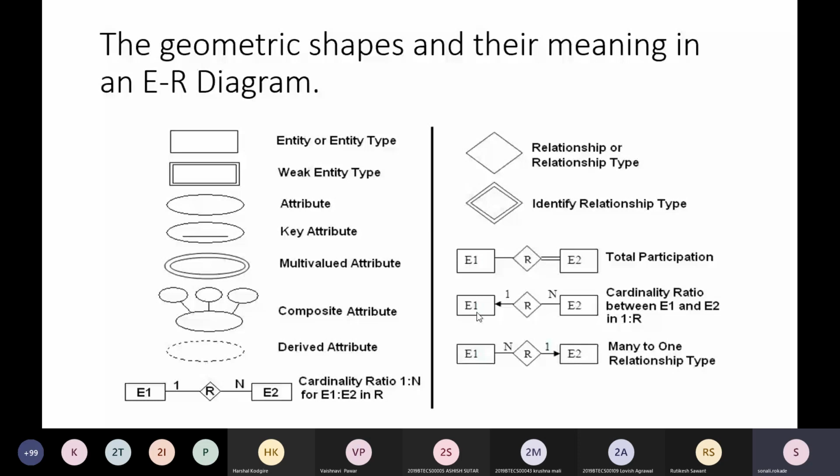Okay, right now we are having, suppose, that we are interacting with each other and we are having 100 students available right now. So one teacher, number of students. Okay, so cardinality ratio will be 1:n. Okay, so in the same way we will perform with our entities. So here first entity is available, second entity is available, and relationship among them is defined with this dimension.